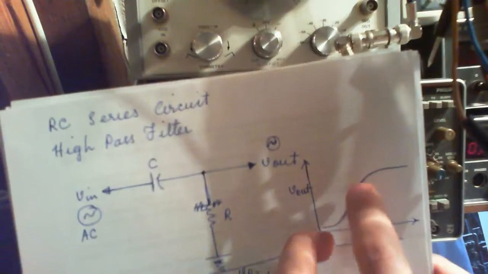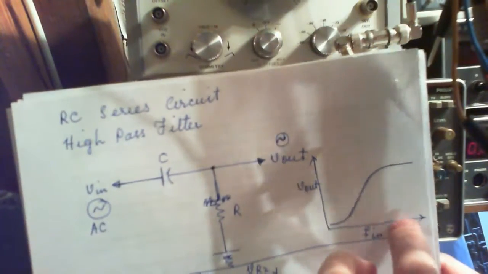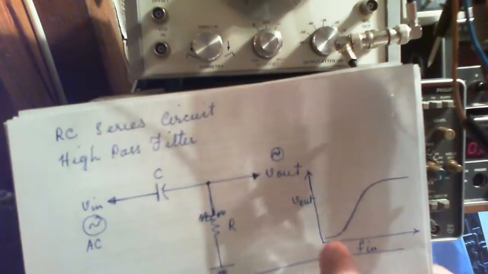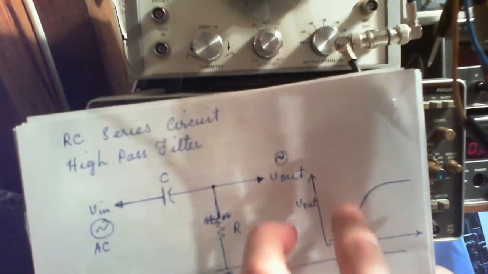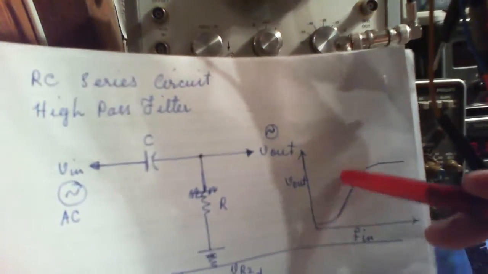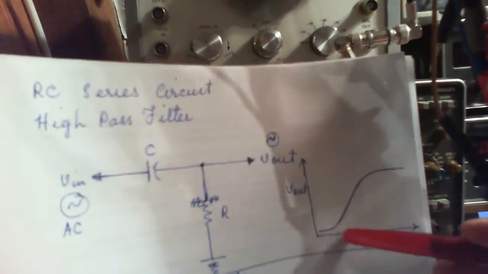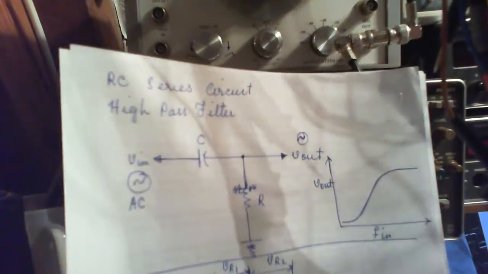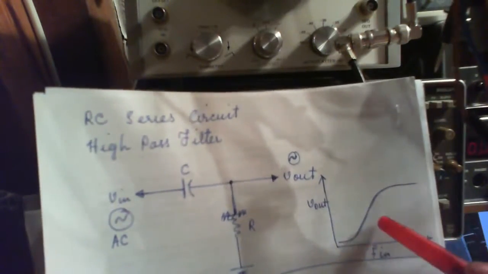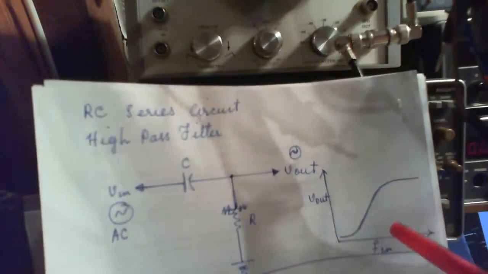The reason for that is that at high frequencies much of your signal is passing through, but at very low frequencies much of your signal is being suppressed here, not passing through. So that's basically why it's called a high pass filter, meaning at high frequencies much of your signal is passing